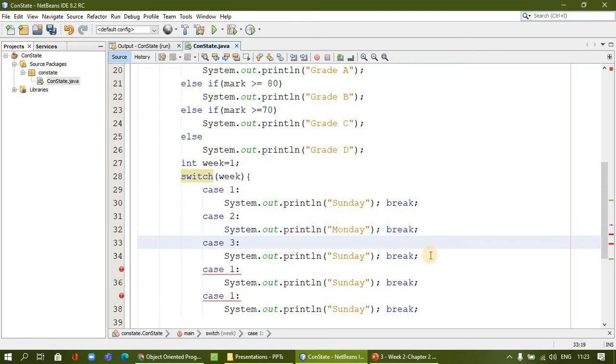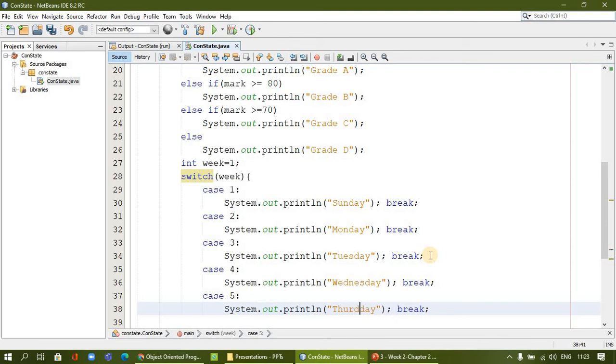Then 3 is Tuesday. 4, I will say, for example, Wednesday. 5, I say Thursday. If default, I will say holiday.